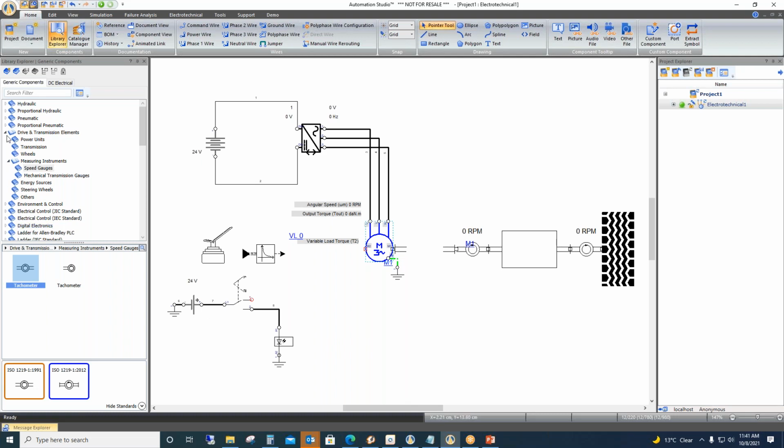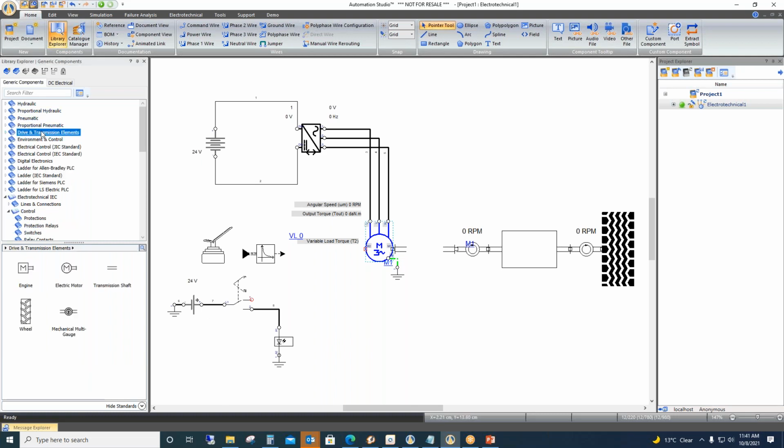Those mechanical components we are taking from here, the drives and transmission elements. They won't have any ports to connect. It is just the shaft. So for creating that link, we have used this mechanical jump. If it were an electrical circuit, we could directly show the physical connections by wires. But the shaft won't be connected by wire to this motor. That's why we have taken this here.